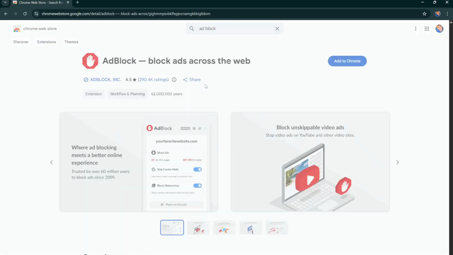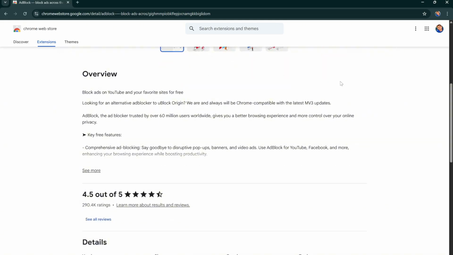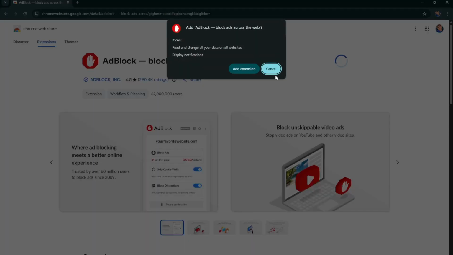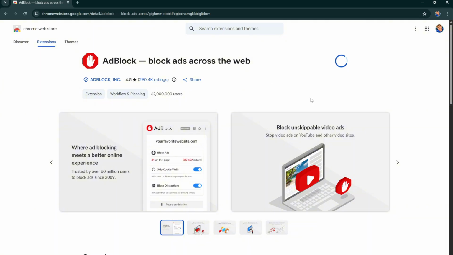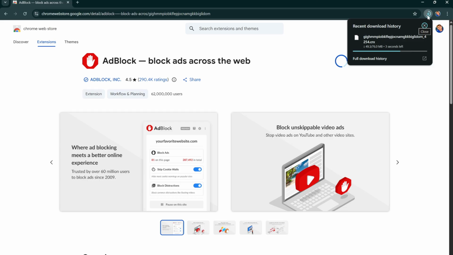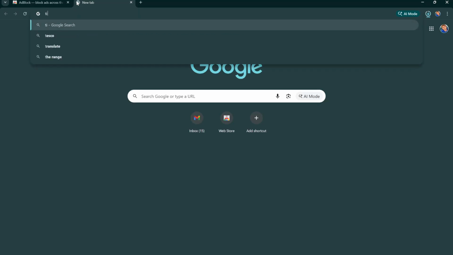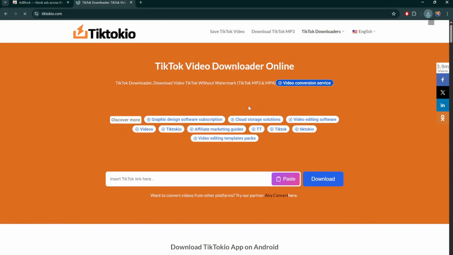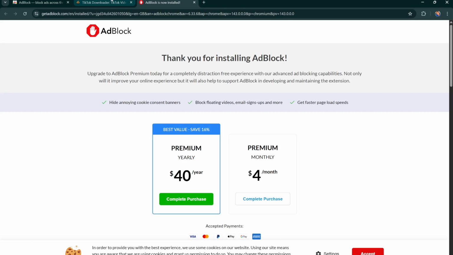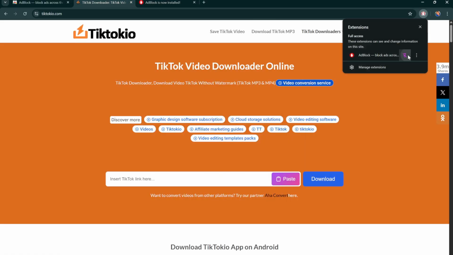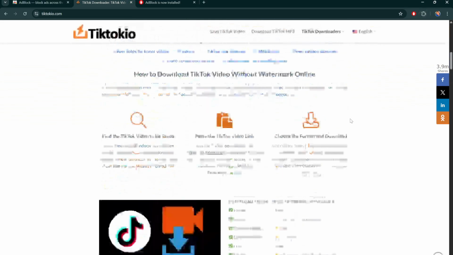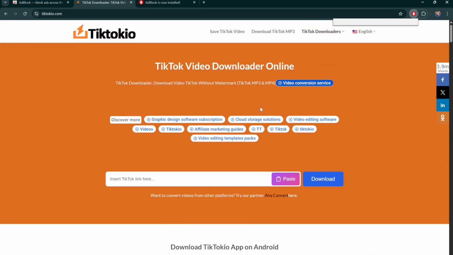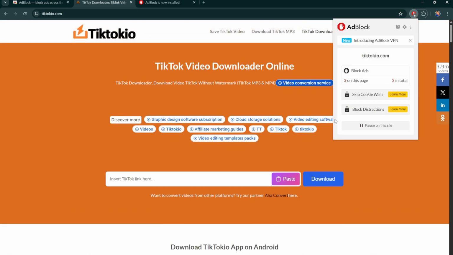one having this like 4.5 rating, and then add to Chrome, add extension, wait for it, and I will just use a website that is using ads. It's called drq.com. It's like always showing it, just I will pin it. It's always showing ads here out of nowhere. Just press this icon and you'll have all the steps of each